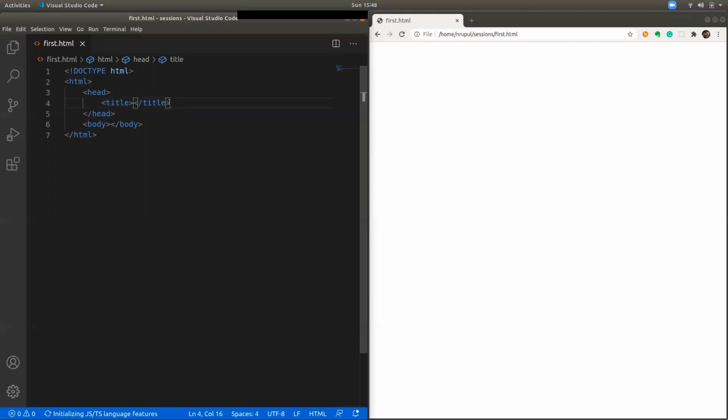Now, whatever content you put inside this title, you're pretty familiar with where it appears, but let me show it to you. If you put some content inside the title, it shows on the browser page. You can see it shows Masai School here. Before, it was showing the file name, but now as soon as you put the title, it shows at the top of the browser, on whatever tab you open.